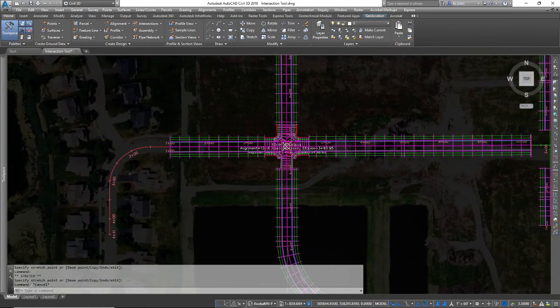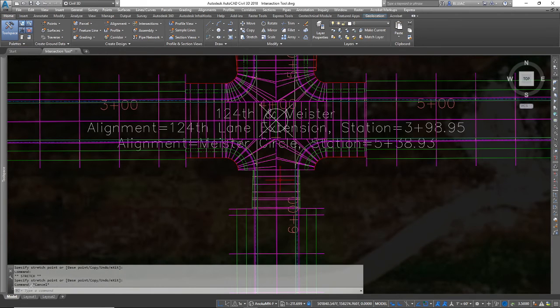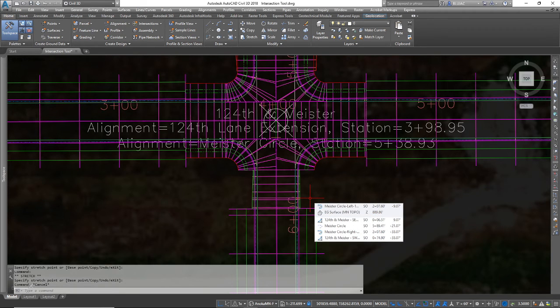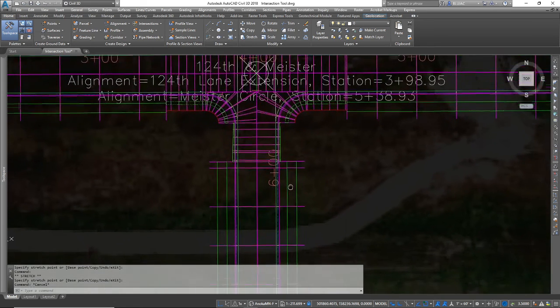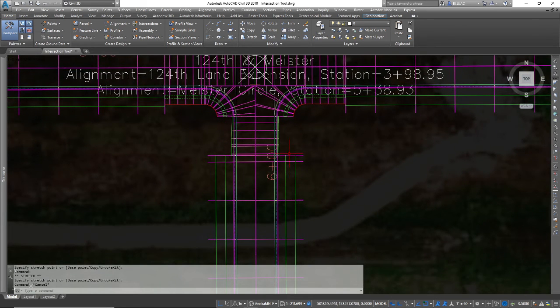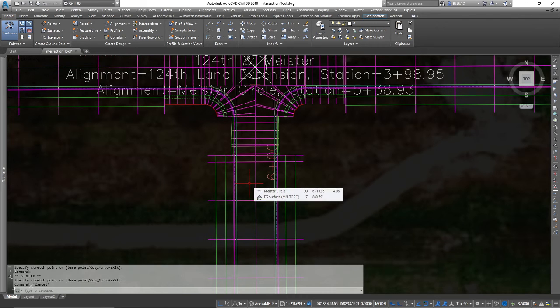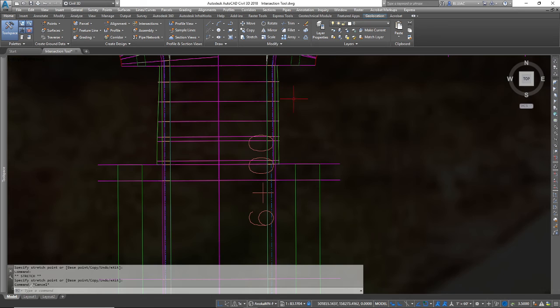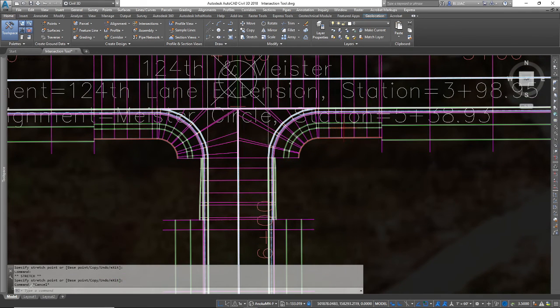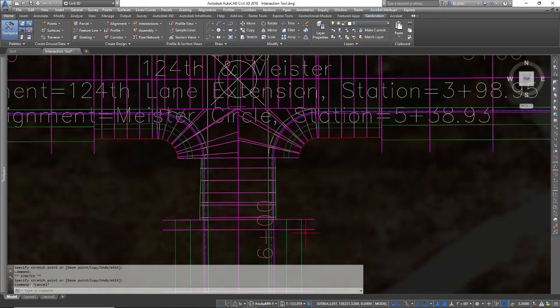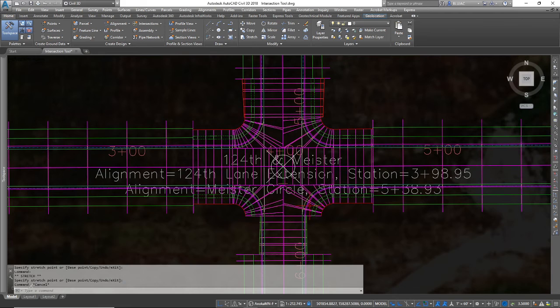So there I've got my corridor all tied up together, and there are some obvious problems with this intersection. For example, the sidewalk is just going to abruptly end right here. The curb and gutter that I am using in the street as called for by the City of Blaine is not going to match up. So there's some problems with getting my assemblies to match through this intersection,